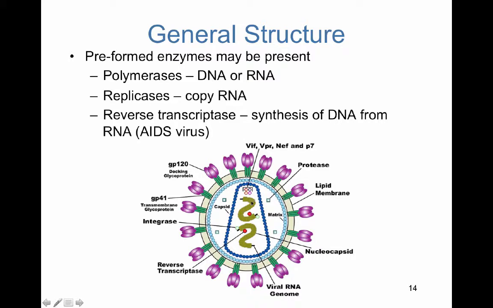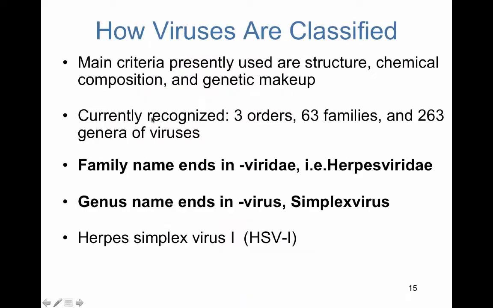So this is why, once a person is infected with HIV, that information actually gets integrated into the host cell's chromosome, and that individual remains infected forever because it's actually in the genome. Now, I think that there's on the horizon a potential for that information to be snipped out of our cells via this technology called CRISPR, but that's down the line. So anyways, preformed enzymes, maybe polymerases, replicases, or RT, reverse transcriptase.